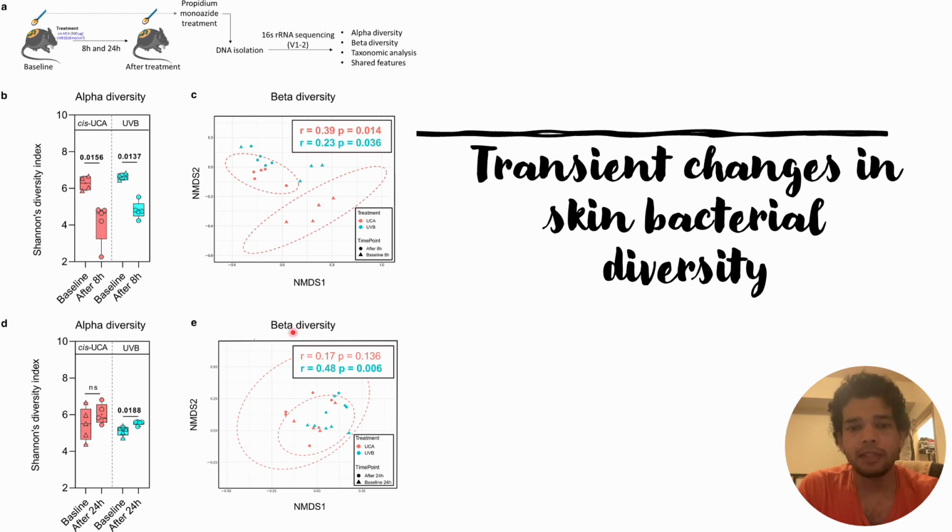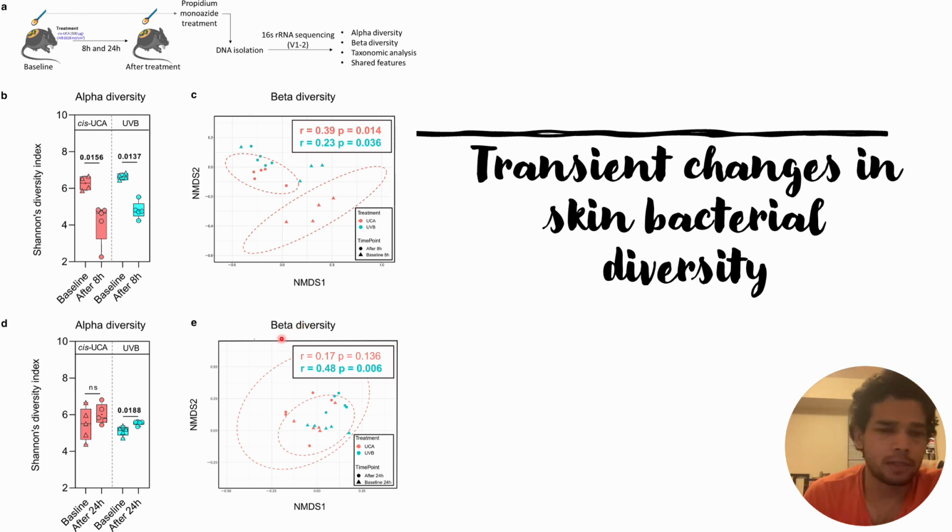And when they check the beta diversity, here also we can see that in the case of the cis-UCA mouse models, the R value decreases from 0.39 to 0.17, and the p value is greater than 0.05, it is 0.136. Usually the p value needs to be less than 0.05 in order to be statistically significant. So in this case also, for the cis-UCA treated mouse models,